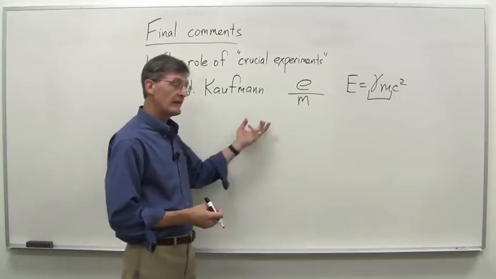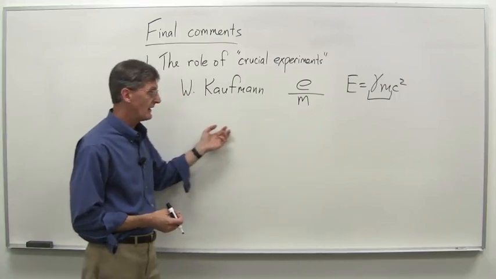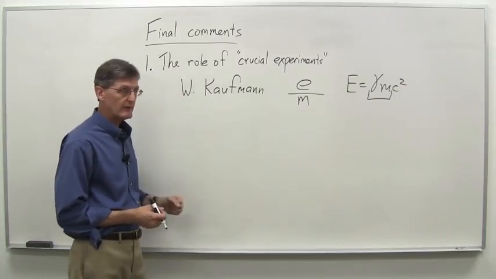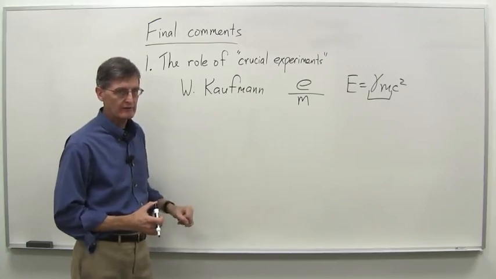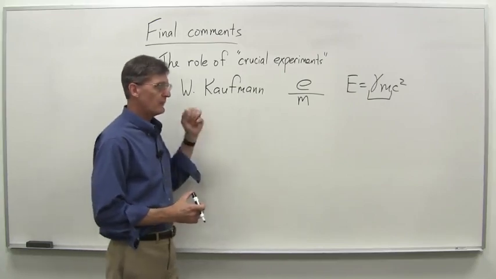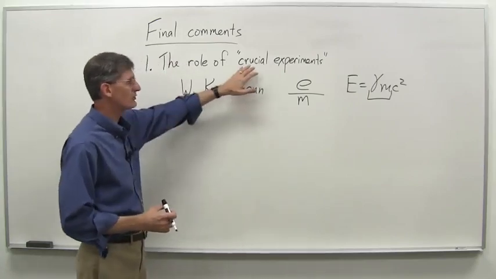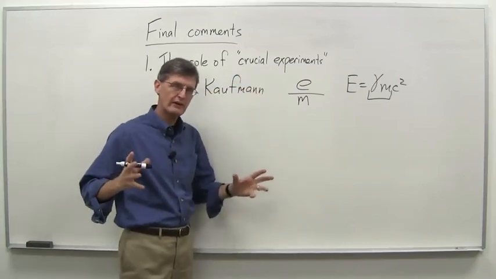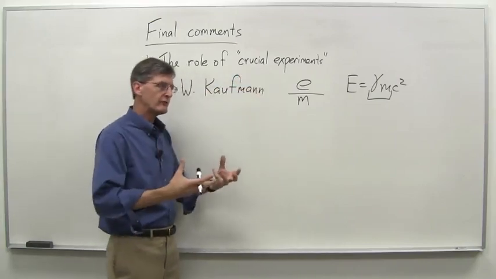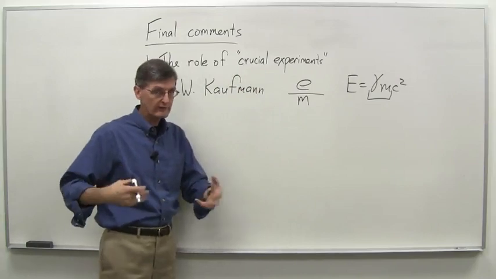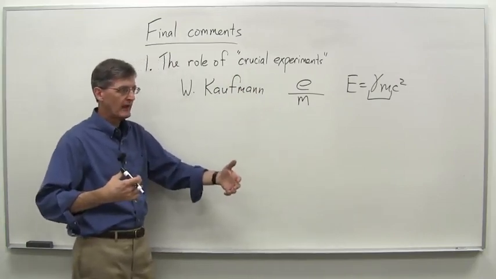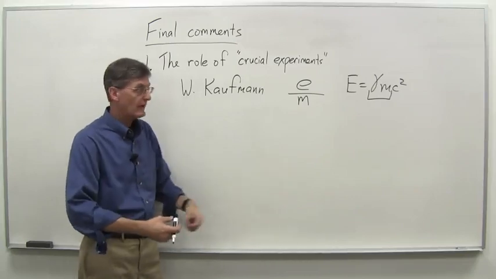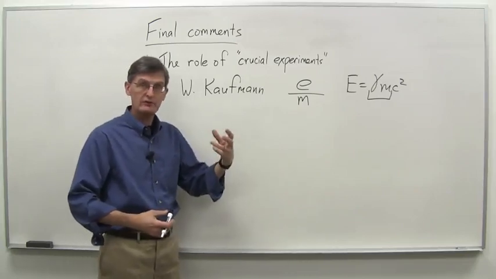It wasn't actually until 1914 that things got cleared up and they were able to figure out that, yes, there were some subtle errors in the data here. So that's one so-called crucial experiment, because often we have this idea in science that somebody has a hypothesis, like Einstein did, then you make a prediction from that hypothesis, and then people do some experiments, and perhaps the prediction is refuted.